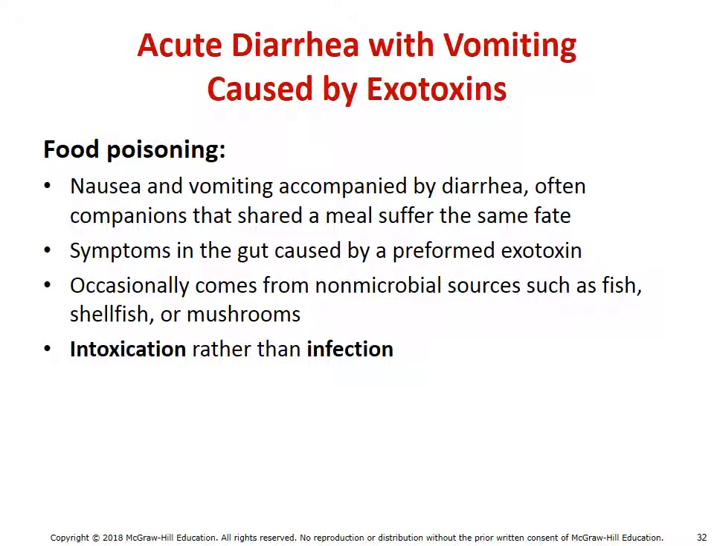Alright, so we just mentioned food poisoning a second ago. So let's actually talk about this, because food poisoning is nausea and vomiting accompanied by diarrhea, but coming from food specifically. And the idea here is this is often not an actual infection, but rather an intoxication, where ingestion of toxins that have been laid upon the food causes those signs and symptoms that include nausea and vomiting, as well